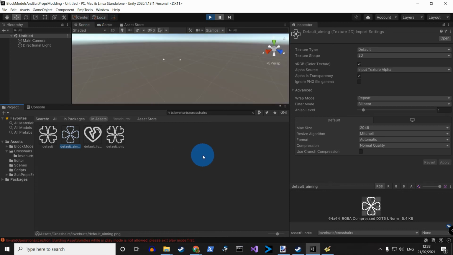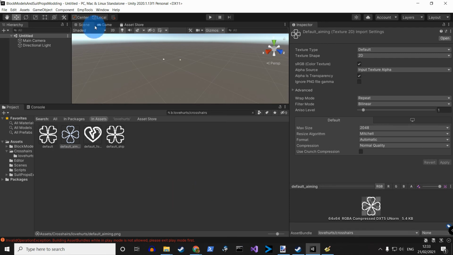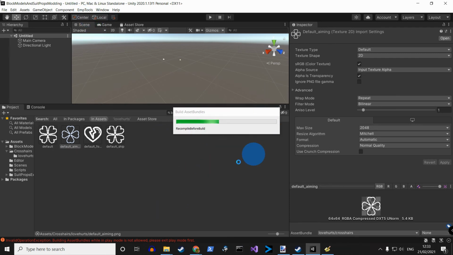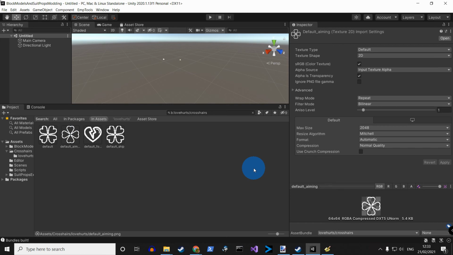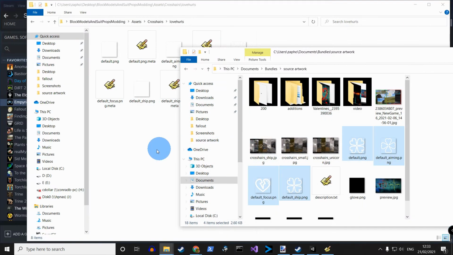Okay, and all I do is I hit build bundles, and after a little while, I'm in play mode, so I need to exit play mode. So set build bundles. First time this runs, like now, it'll take quite a while to run. And there we go, that's done. So what will now happen is